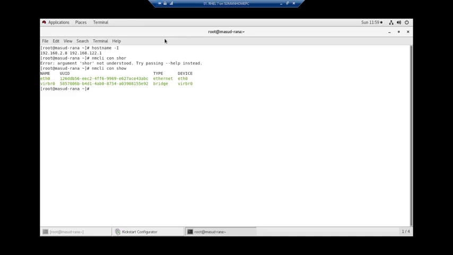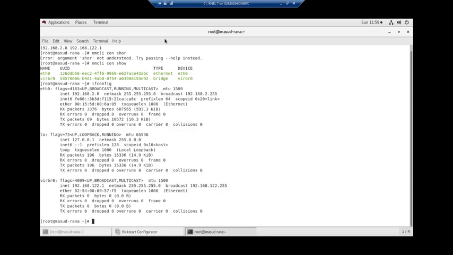I can confirm it another way, that is ifconfig. Then I can see that on the Ethernet 0 I am getting 192.168.2.8, and the second IP address is coming from virbr0, that is this thing.